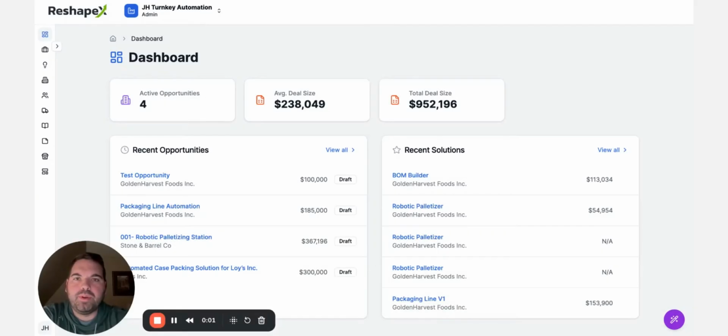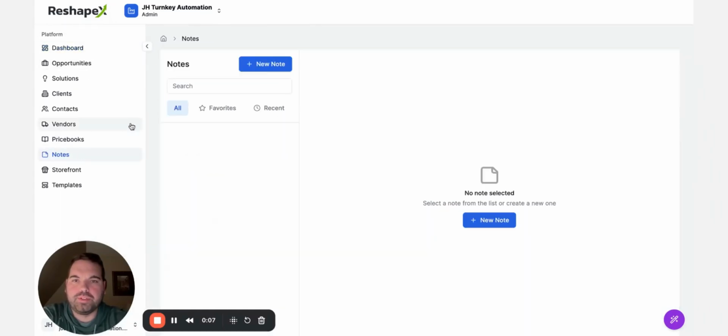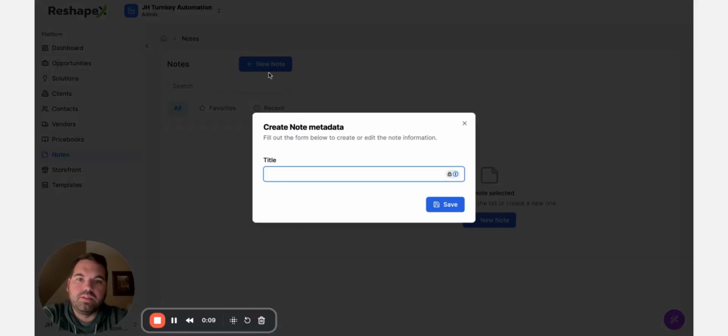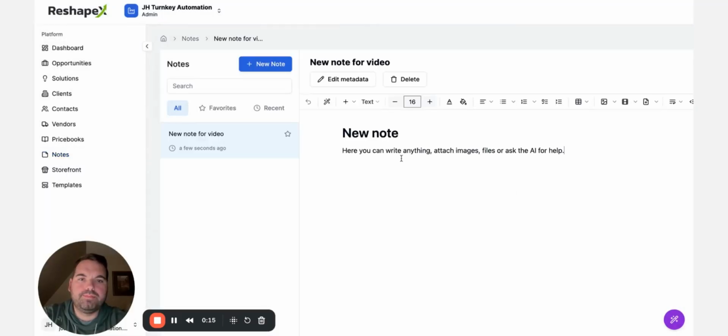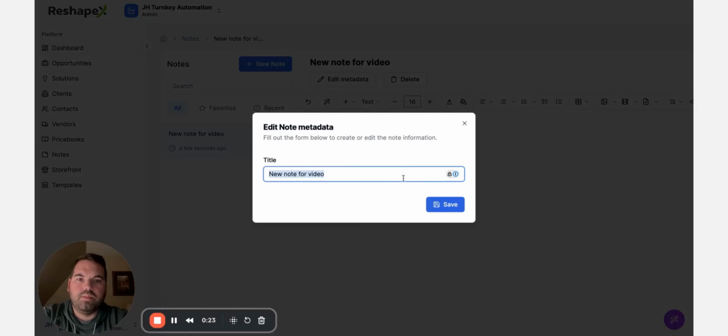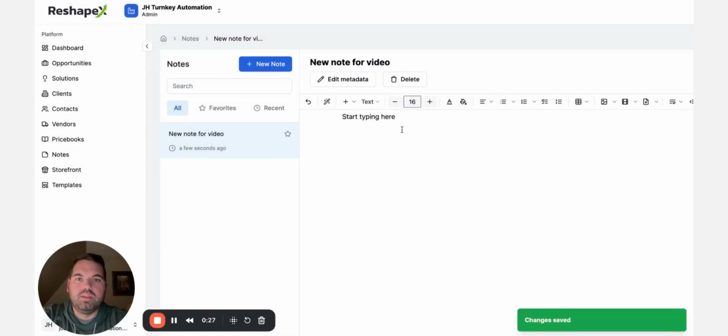All right, so the next feature we're going to highlight here is how to create and use notes. So you can do this a couple of different ways. You could start from the dashboard and just create a note right here. Just hit new note. And then you can go in and start typing. And if you wanted to change the name or rename the note, you would just hit edit metadata and then